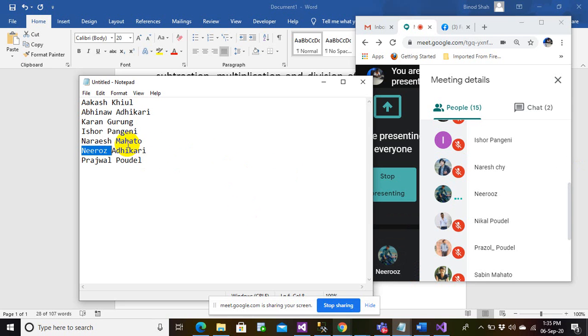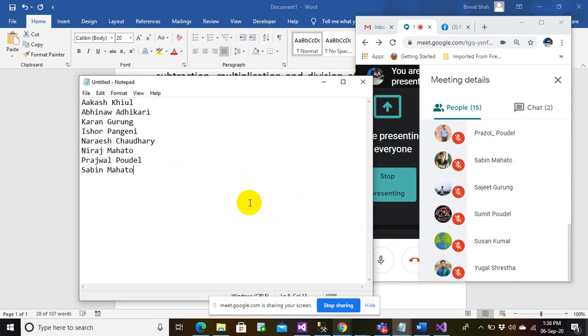Naresh Giri, sorry. Neeraj Mahato. Rajwal Paul, and then what we have is two girls, they are not interested in the class. And there is the one who will complain later that we don't have a class.